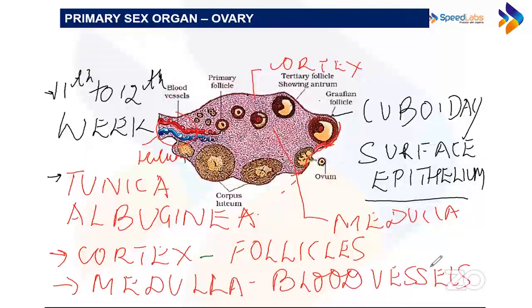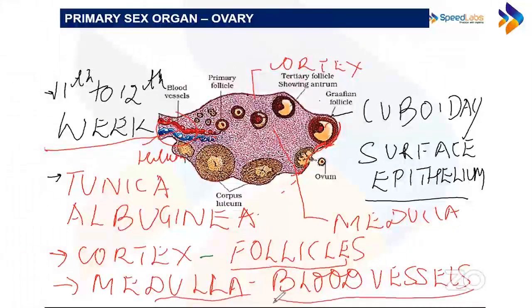So एक बार और बता देती हूँ. Ovaries are formed during 11th to 12th week of pregnancy, and they are covered by the germinal epithelium. Sorry, more correctly, the surface epithelium. Surface epithelium के अंदर है tunica albuginea, which is that connective tissue mass. And then interior to that, you have the cortex and the medulla. Cortex region has follicles, various stages of follicles that we will discuss. And medulla has blood vessels and certain hormone producing cells.